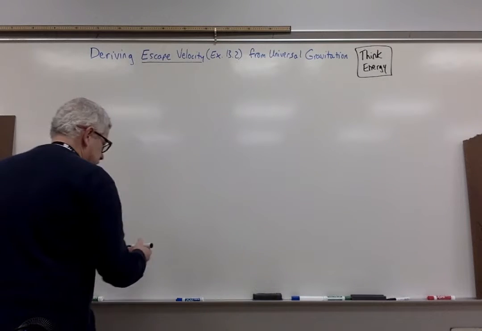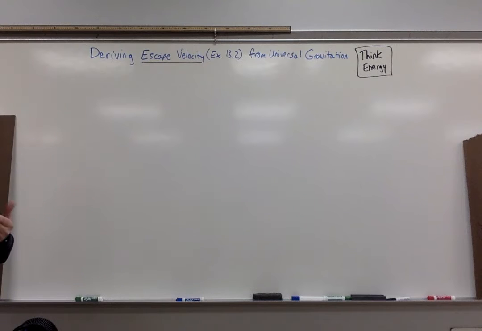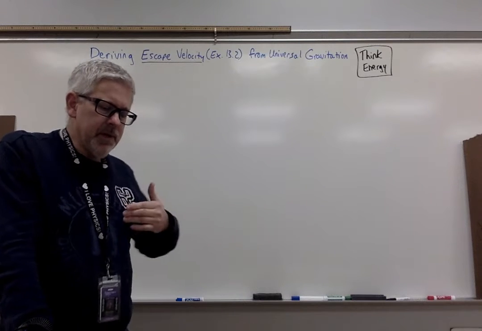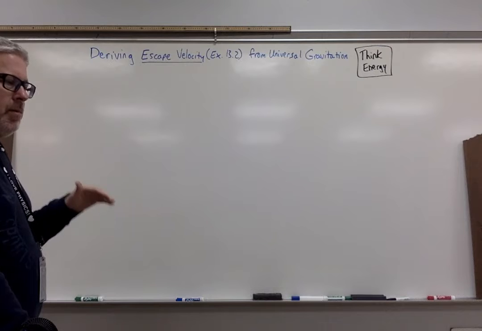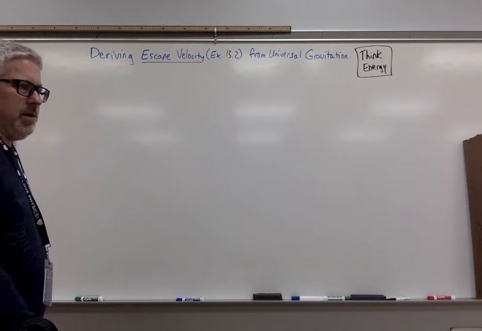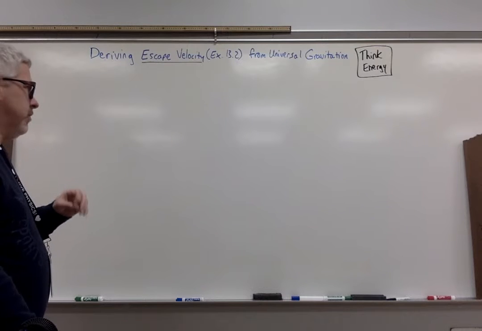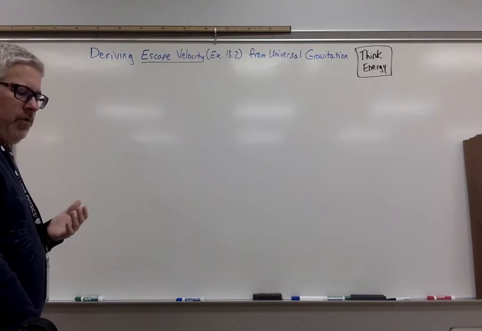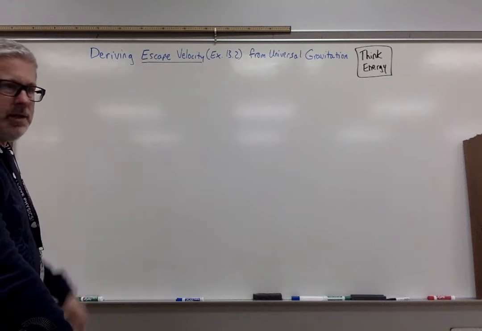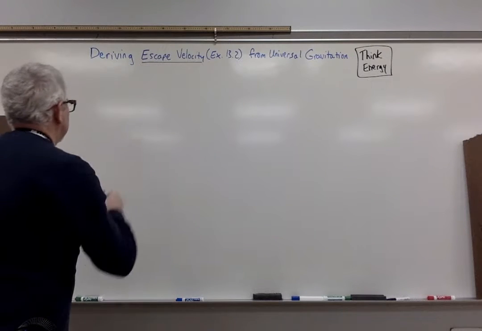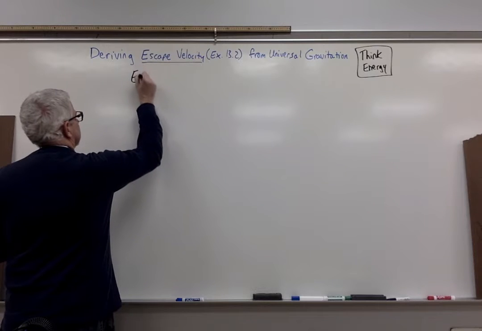So in terms of thinking energy, essentially as soon as this object is launched, we're going to think about the energy it has then, and then we're going to think about the energy that we're going to have in orbit, or the minimum needed not to go into orbit, but to escape the Earth's gravitational field. So this is not orbital velocity, this is escape velocity. So if we want to have a spacecraft go away from the Earth to, say, explore the outer parts of the solar system, like the Voyagers did, New Horizons, things like that, we got to get out of the Earth's gravitational field. So thinking about energy, we're going to think about E initial